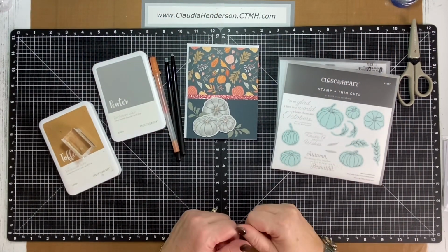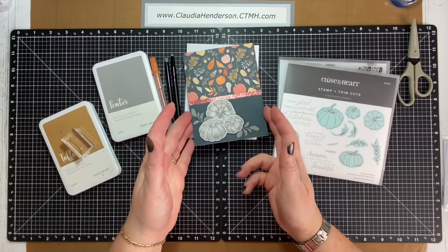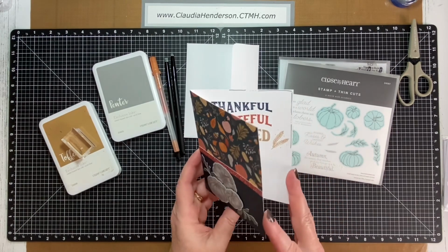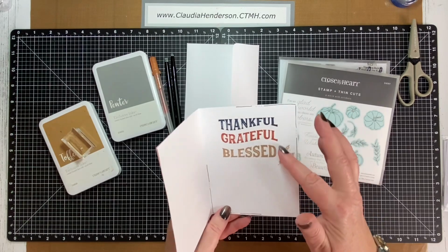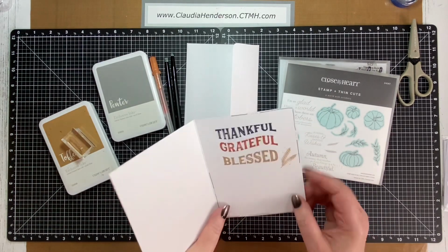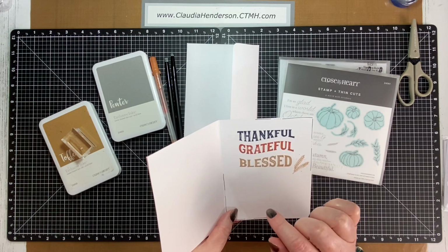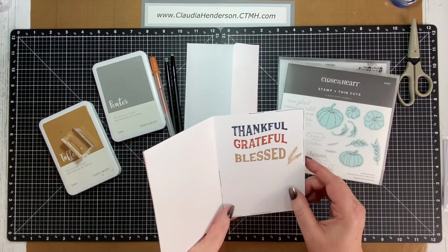Welcome back to card number 2 for this month. So in this tutorial, we're gonna make this card, and I did stamp the inside. This is actually a little preview of the November stamp of the month, which is really gorgeous. So this is a 3-word stamp, and I just colored them in, I think it was Harbour, Paprika, and Toffee,